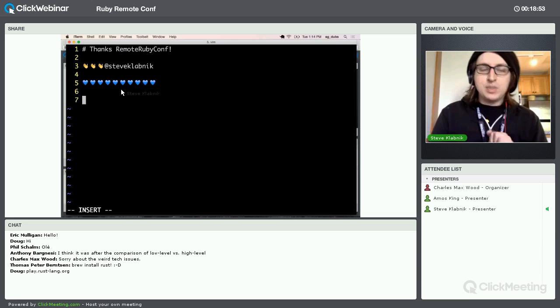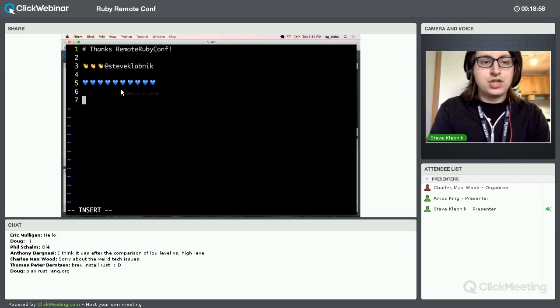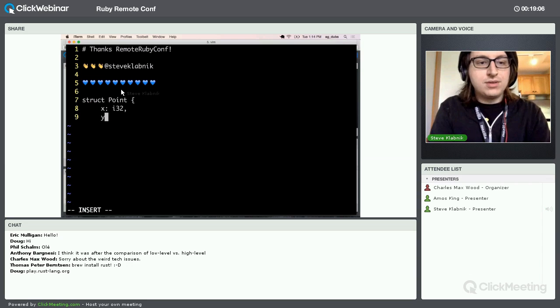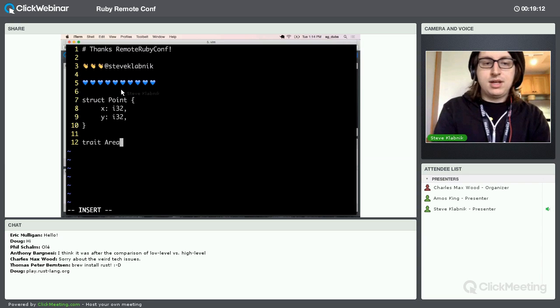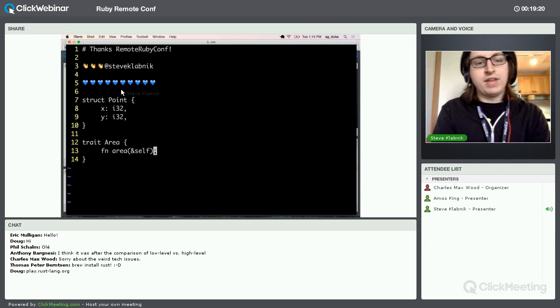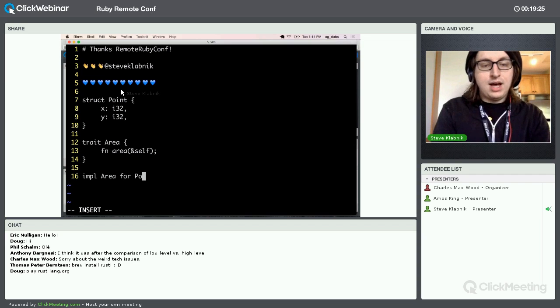So Rust does not support OOP directly, but it does have similar facilities. What you can say is: struct Point, x is an i32 and y is an i32. And then you can say that I have a trait Area, and this trait has one function, area. In Ruby, we have an implicit self, but in Rust, we use an explicit self, sort of like Python does. And so then you can say impl Area for Point. Since I don't have a lot of space on the screen, I'm just going to put it in one line. But area(self)